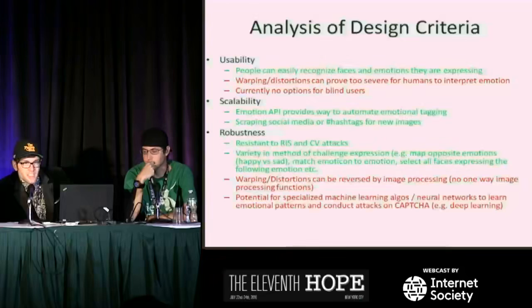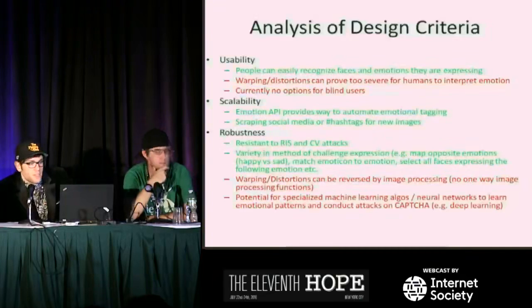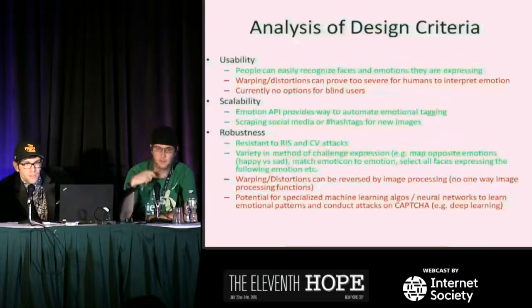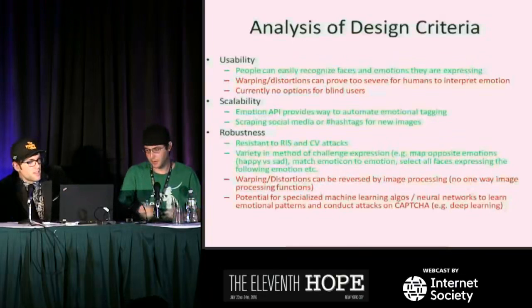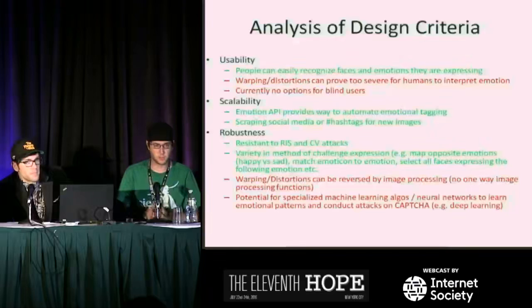Good news is it is scalable, so these APIs are in place. We have image scrapers. We can do that. We've thought about scraping social media or hashtags. You know, we can get live faces in there or recent faces that haven't been indexed anywhere else. Yeah, so let me talk about that real quick. That's kind of where I see this going, and that's one of the things I think is probably the most awesome piece of this project.